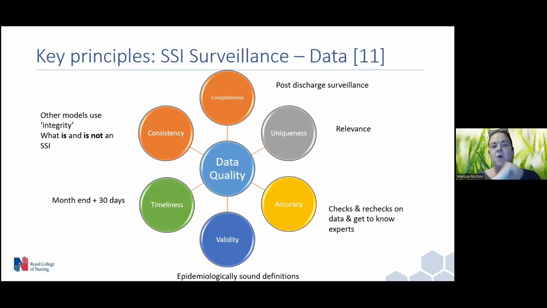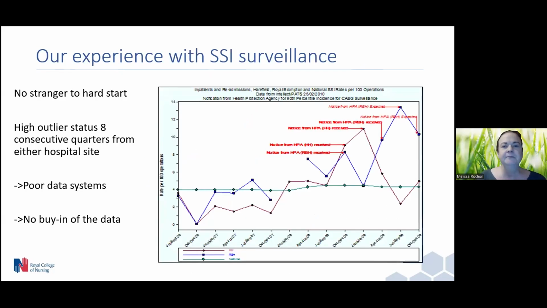Because what they also wanted evidence of is when we had queried and the surgeon had refuted, and we had to show them that we had not recorded an SSI. And so it was really lucky that we had made a practice that everything was going to have that audit trail of whether or not something was an SSI. And for me, although the external audits were nerve-wracking at the time, and you felt like you were under a microscope, which is maybe how people feel when we're performing surveillance on them, I learned so much. It was so valuable to have gone through that experience.